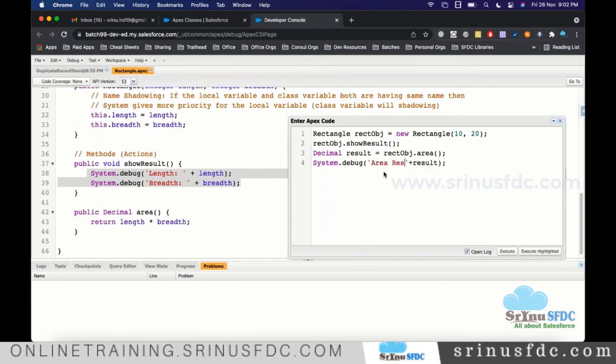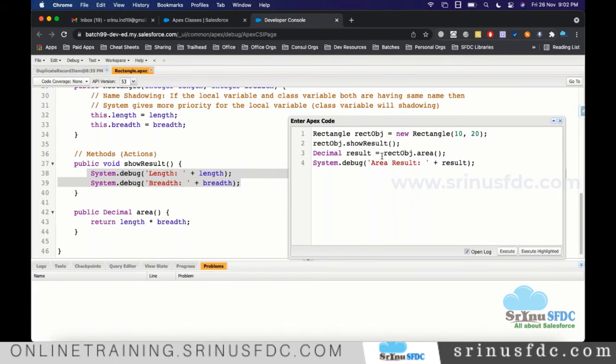I am saying area result, like this. It's up to you how you want to type it so you understand it when you see the log. Having a space is optional, but you can give one so people can read it easily.